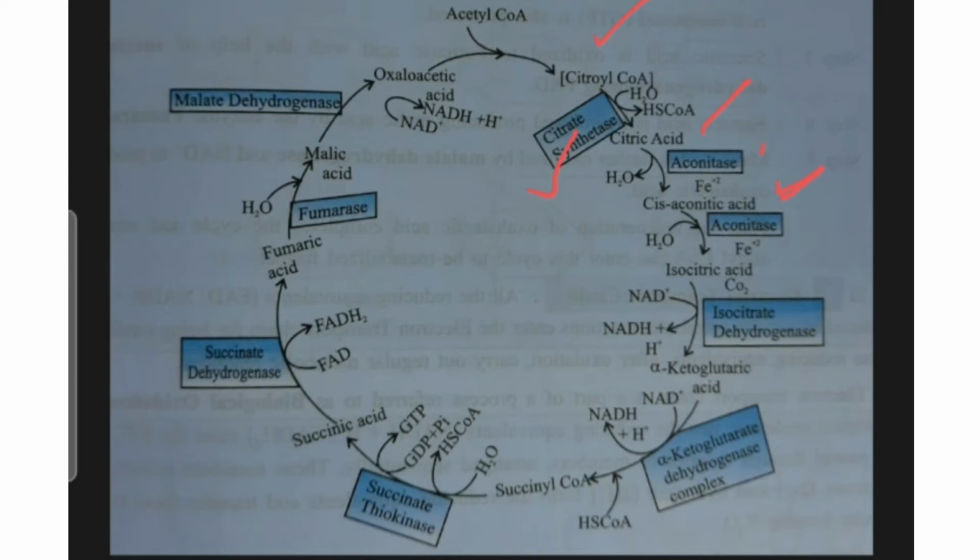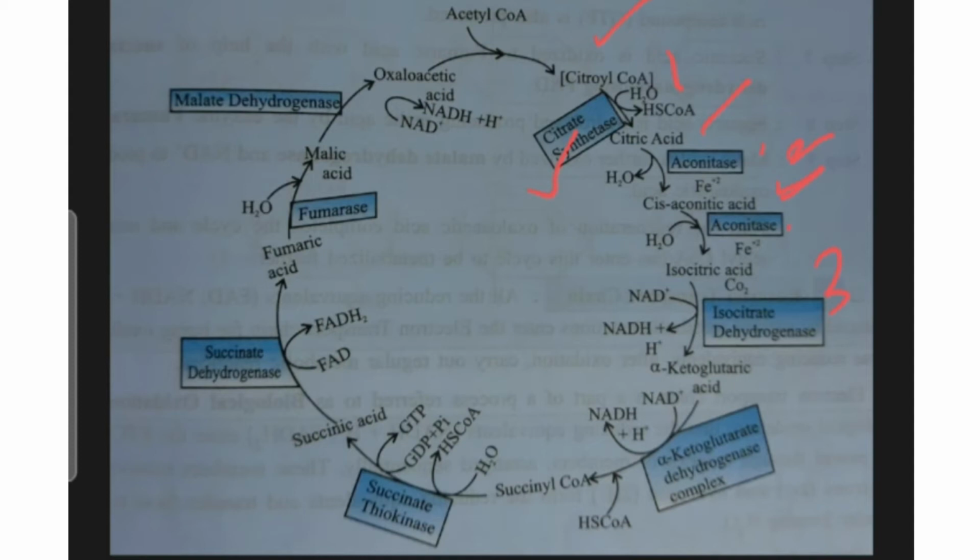Now we are going to the third reaction. It was the first reaction, then the second, and now the third. Here isocitric acid is formed by reintroducing a molecule of water to cis-aconitic acid, but the orientation of the added water molecule is altered. Here also aconitase catalyzes the reaction with Fe2+ as the cofactor. So for the third reaction also, the aconitase enzyme helps.